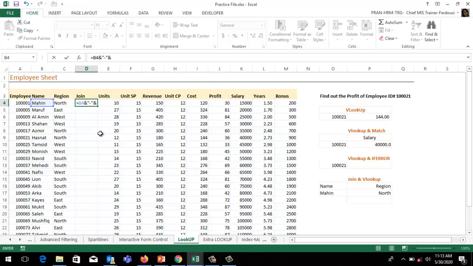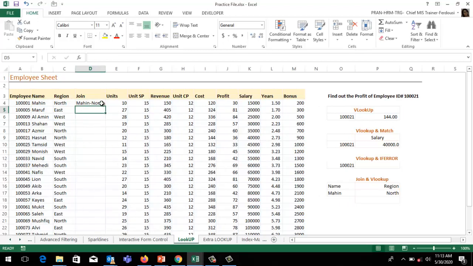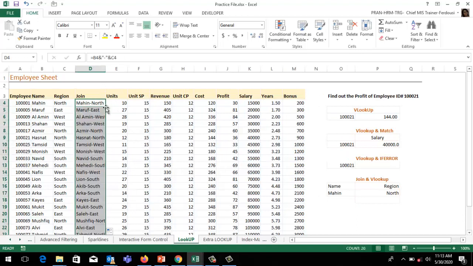Use the ampersand sign again and use this cell position. It will join two columns. Then copy it downwards.